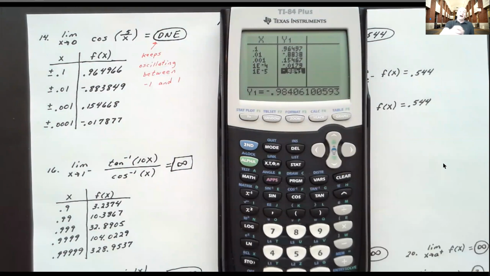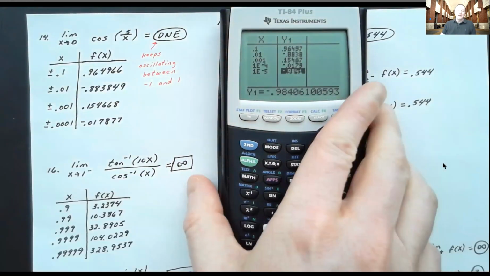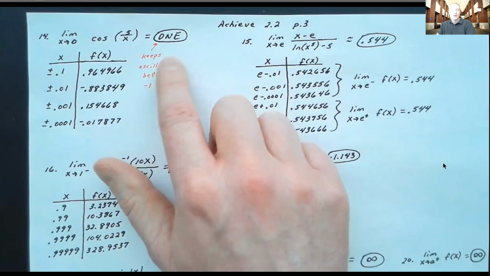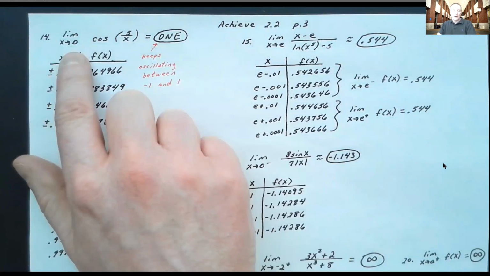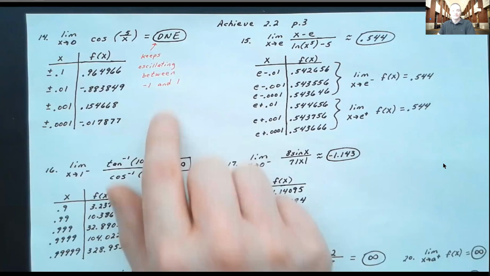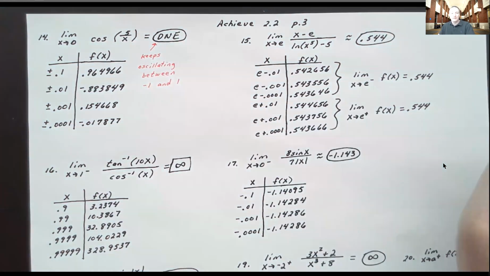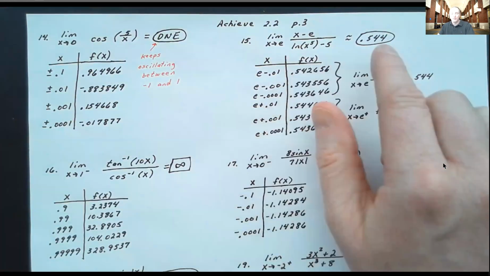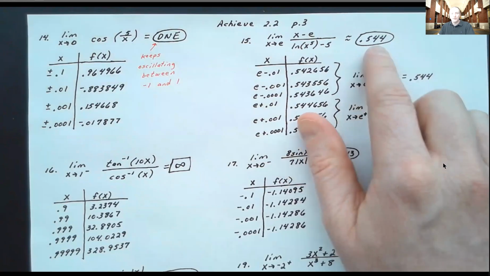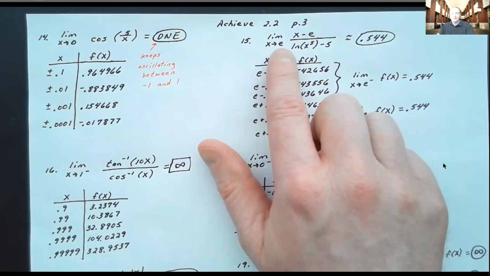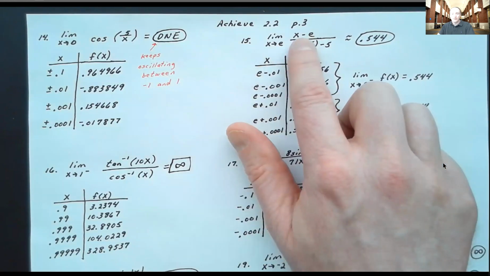So we can say, does not exist. Anytime the y value doesn't approach one specific number as x approaches the limiting value, there is no overall limit. So I said this does not exist because the function keeps oscillating between -1 and 1. The next one here, we had the limit as x approaches e of the rational function